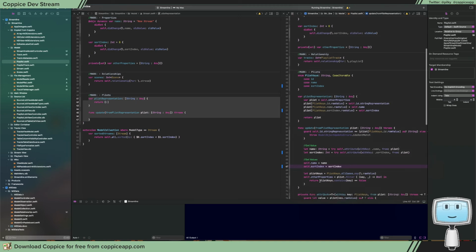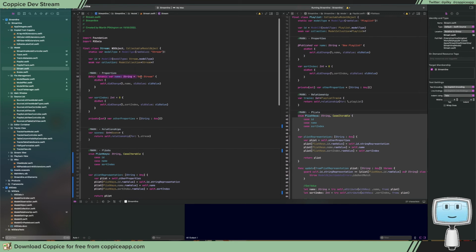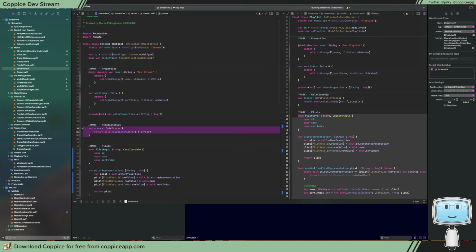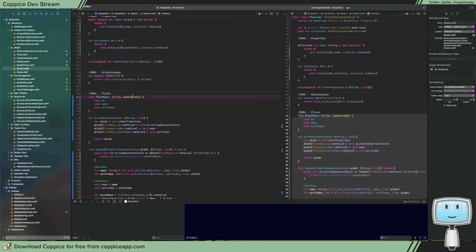Okay, so that should be good, and we should be able to copy paste this into here. And at the moment, we've got our name, we've got a sort index and other properties, which we won't need. The scenes, we will be storing the inverse because we always store the ID for the object. The other one, like when you get a collection, it is always dynamically generated. So that's all done. So if we build and run,